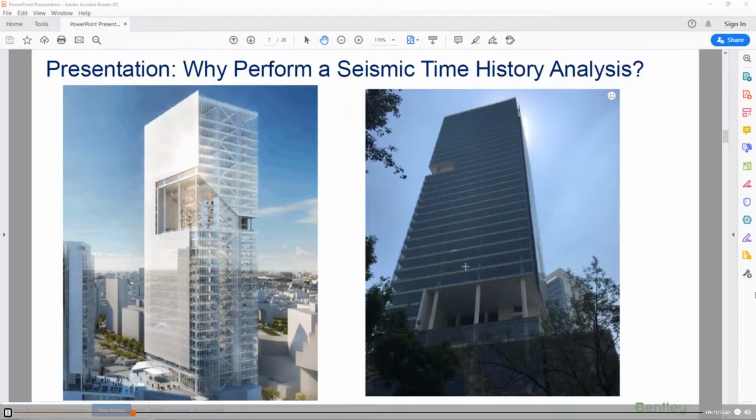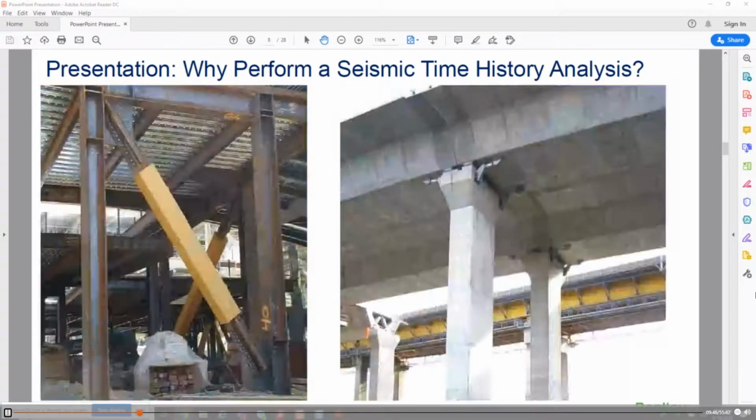Okay, so now let's get into a more in-depth discussion on the safety, structural sustainability, and design requirements. Then I'll show you exactly how to go get the data that you need for the seismic time history loading, and then how to process that data into your STAAD model. Okay, so